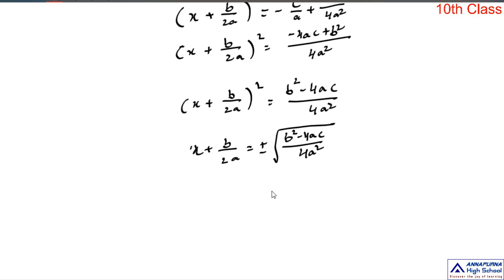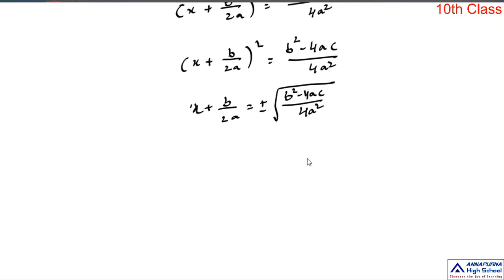Okay, now transpose this p by 2a to the right side. Actually we separate this plus or minus, but we are not doing any calculation, we are just applying the completing square method to the general form of the quadratic equation. So I am continuing this plus or minus as it is. Now transpose this plus b by 2a to the right side, then plus becomes minus, so x is equal